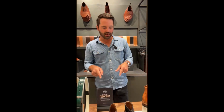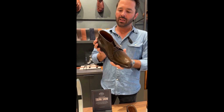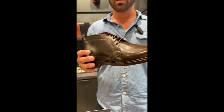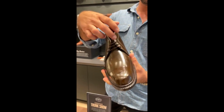Rounding out the boot side of the Cordovan offering is one from the vault. So this is the Dundee. The Dundee Sunset, a handful of years ago. It's been one that we've had requests to bring back. It is a classic 3-eyelet chukka, so you get that short shaft,